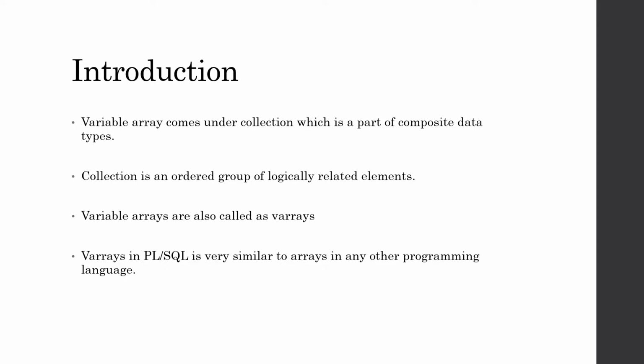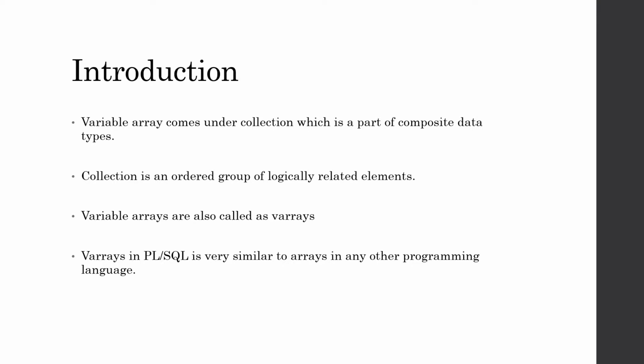Introduction. In Oracle, the entire data type can be divided into three sub-data types, that is scalar data type, composite data type, and reference data type. In scalar data type, the variable can hold only one independent value of that data type. For example, number, integer, or varchar2. So in number we can only give one number in one value, and in composite data type the variable can hold more than one value in that same variable. In composite there are two, record and collection, and third one is reference.